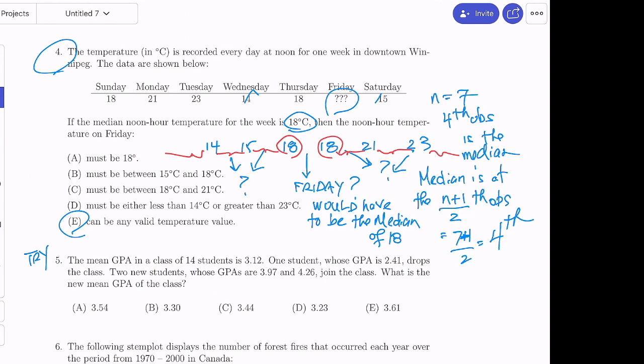Okay, so a weak student left the class and two good students joined the class, all likely increasing the GPA. But you have several to choose from, so we need to be precise. So I'm going to use the fact that the mean